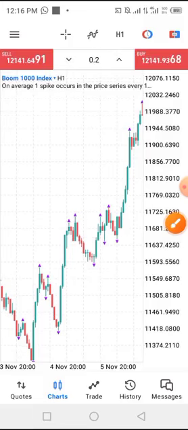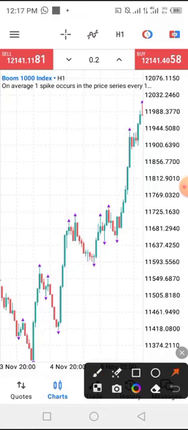When you click on this button, it's going to activate the sales buttons. We have the buy and the sell button. By your right hand side you see the buy button, and by the left hand side you see the sell button. This is going to help you in your buy and sell depending on the trade you want to enter. The next we are going to look at is this